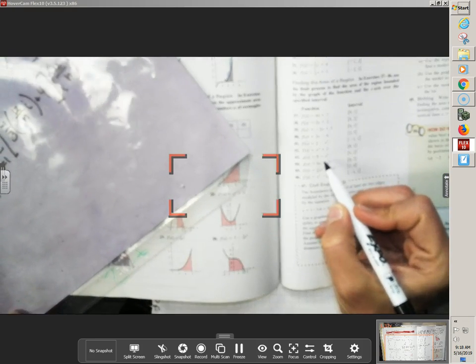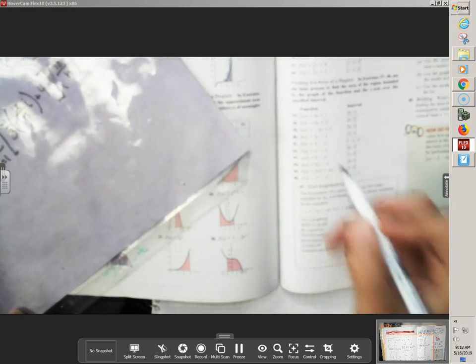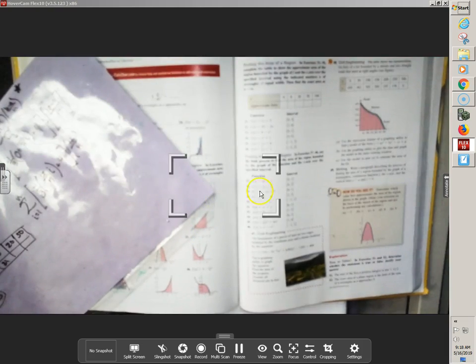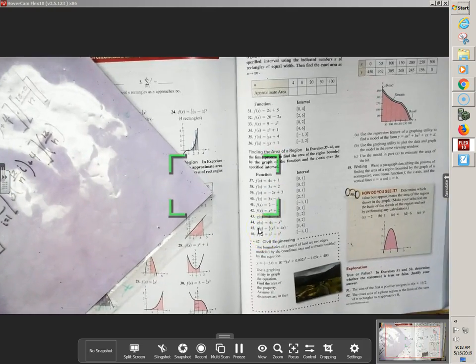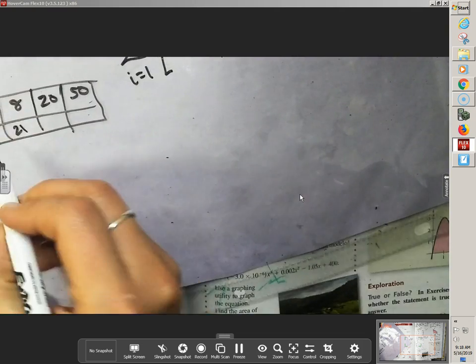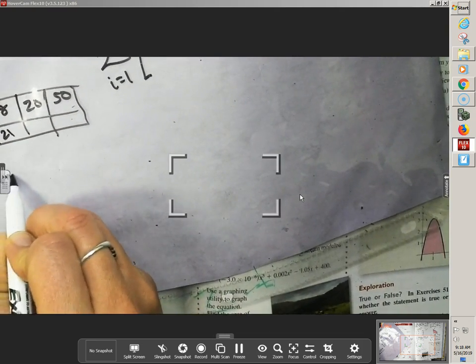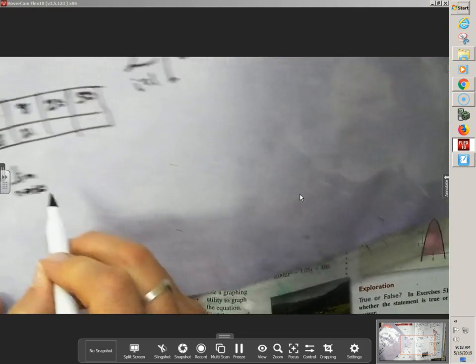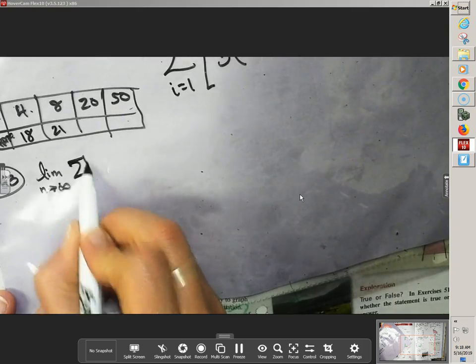So for number 43, I see the function, wow, it just got really fuzzy, and I apologize. 8 minus x cubed. Let's see if it can focus in at all. There we go. For number 43, we have 8 minus x cubed, and we have 1 to 2. So let me go ahead and get that in. So I'm doing the limit as n goes to infinity of,